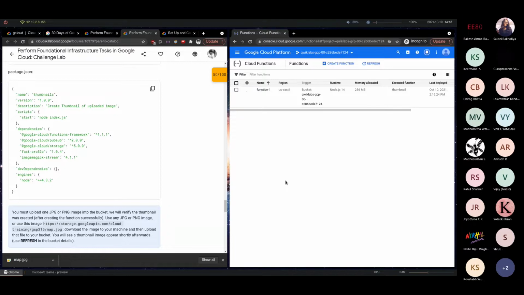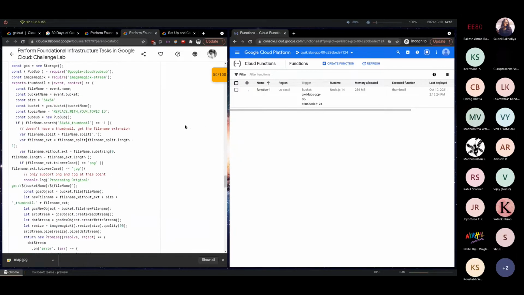A bit higher level of abstraction would be something like your Google App Engine. I don't think we have visited that yet in this 30 days of clouds, but what App Engine is, it's a service which can take your Node.js applications or your Python applications and run those applications itself. They will take care of things like scaling the application by themselves, and you don't have to do much. And even on top of that, a level of additional abstraction is something like cloud functions that you see over here, where you do nothing except